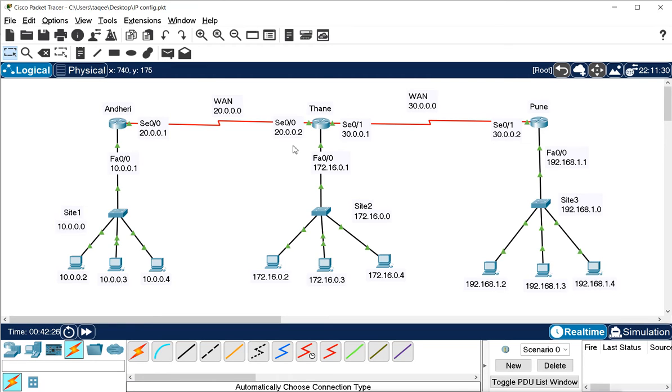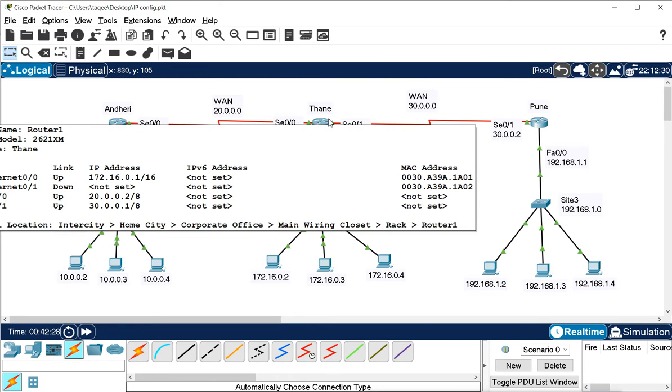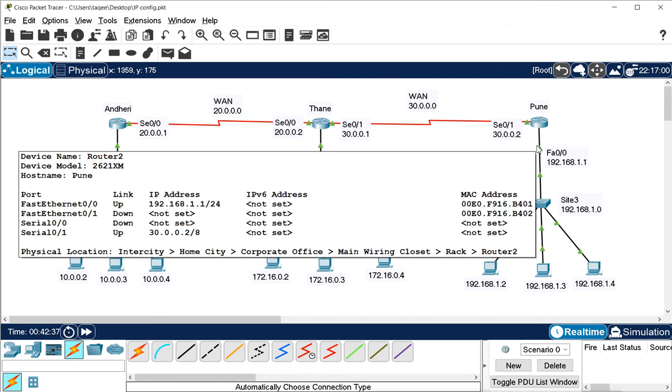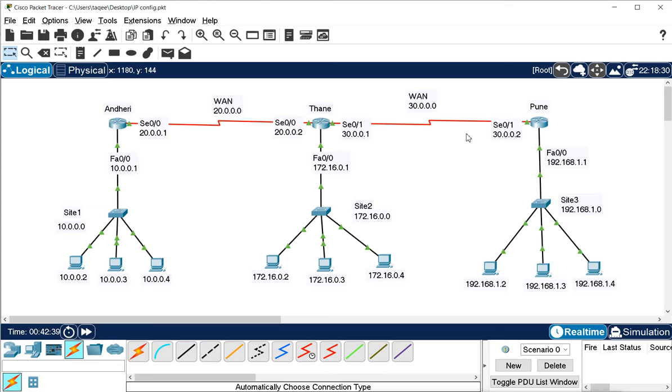Now we are sitting on Thane, and we want to go to the 192.168.1.0 network, site 3, which is connected to the Pune router. We will go through this interface, this cable, because it is on this side. The first router, the first hop we will meet, is Pune, and the first interface we use to enter Pune has this IP address.